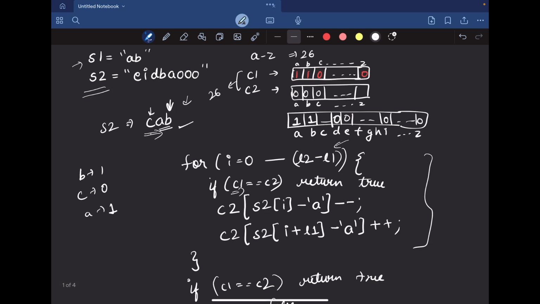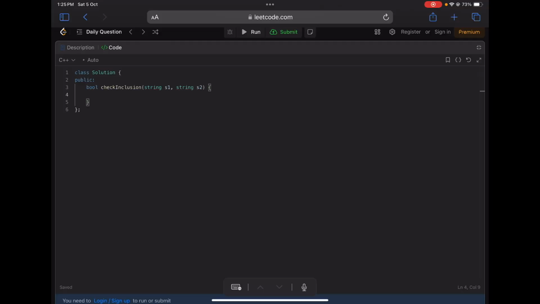So now let's code this. We'll create two variables here. L1, which will store the length of the S1 string, and L2, which will store the length of the S2 string, right? Now, tell me one thing. If the length of S1 is greater than the length of S2, in that case, can the answer ever be true?